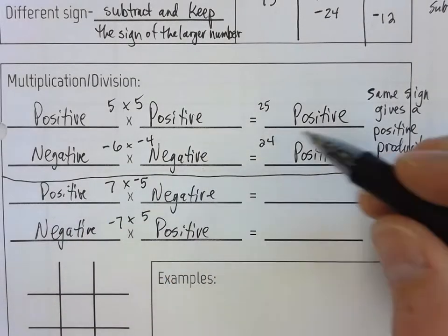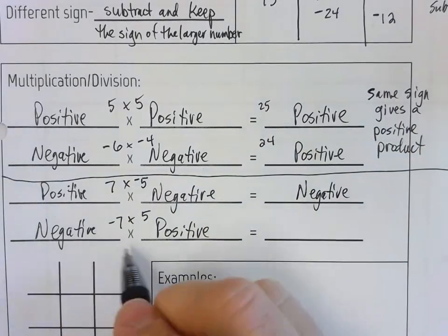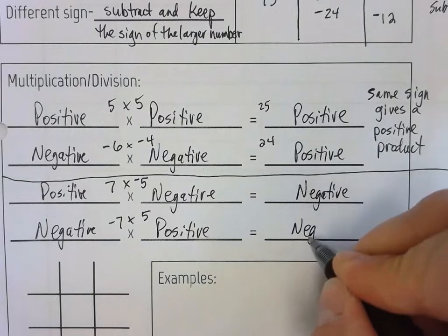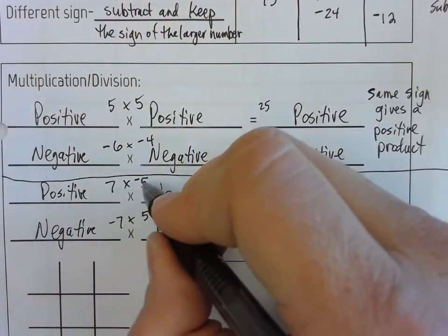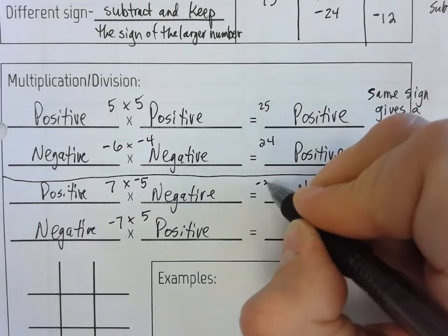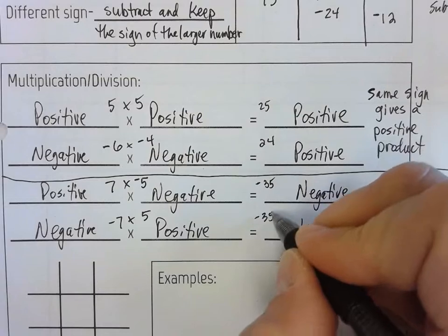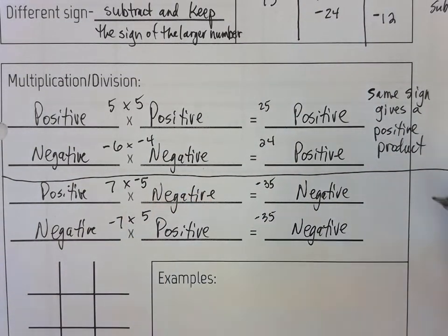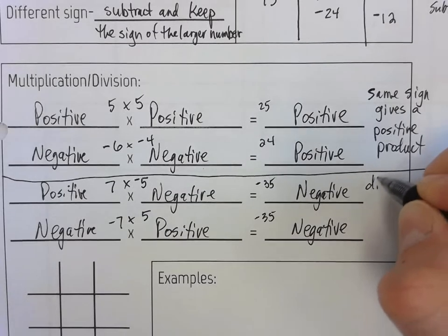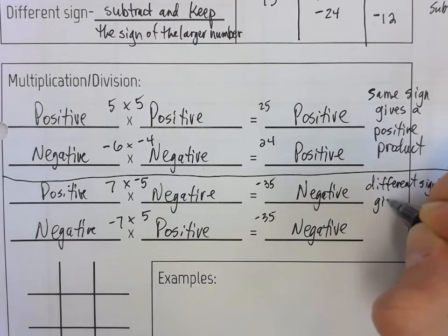What's a positive times a negative? That's going to give you a negative. And what's a negative times a positive? That is also going to give you a negative product. All right, so 7 times negative 5 is negative 35. And negative 7 times 5 is also negative 35. So it doesn't matter which one comes first. When you have different signs, you're going to get a negative product. Okay, so over here, different signs gives a negative